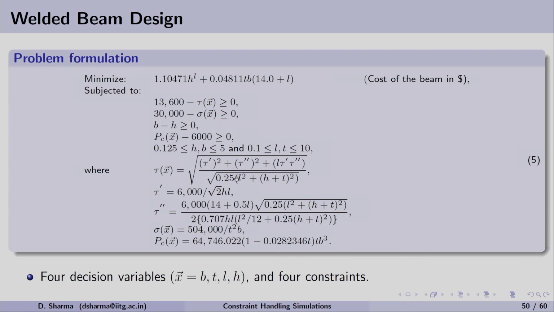So, it has numerator and denominator and everything is under the root. These equations signify that we have the objective function which is nonlinear as h to the power l. We can see one term here. Similarly, the constraints are also nonlinear. Looking at the problem, we have 4 design variables which are given as b, t, l and h, and there are 4 constraints as well.